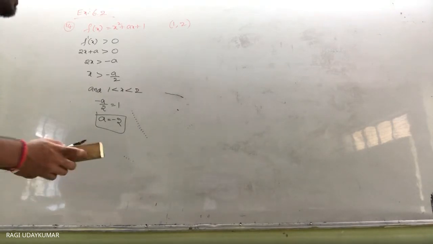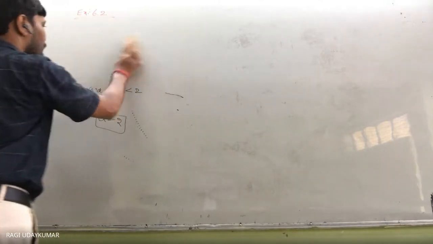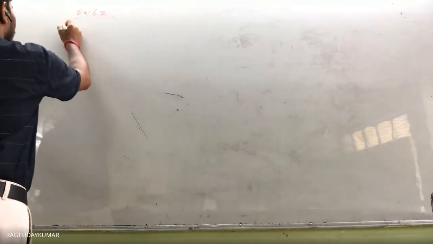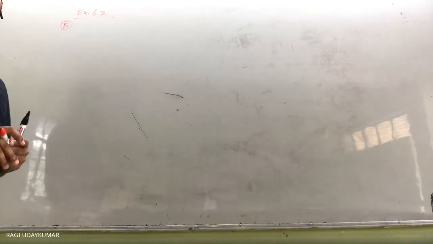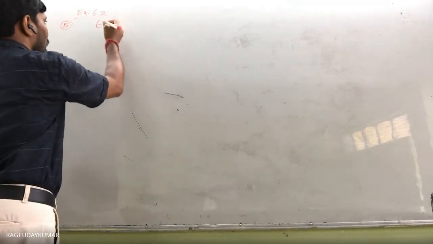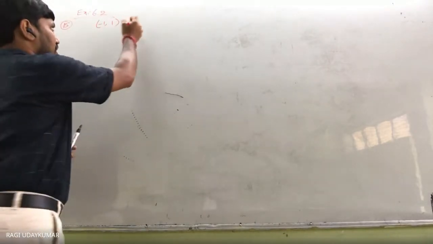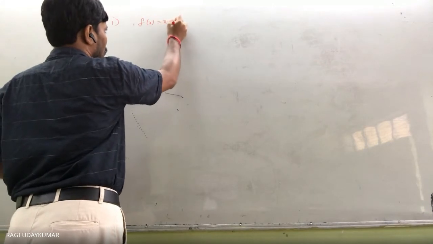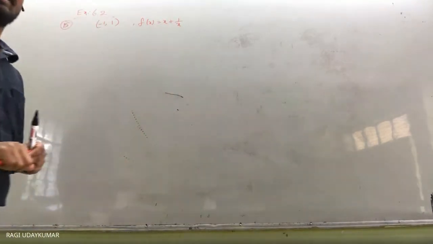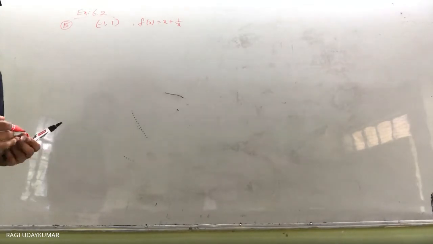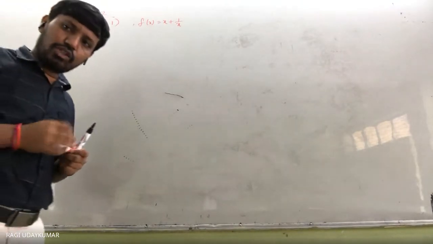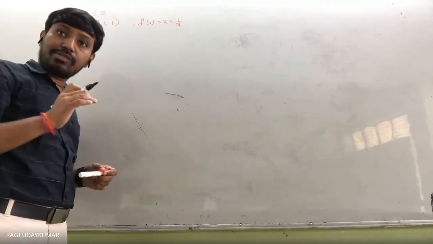Okay. So coming to the 15th problem next. Fifteenth one. Let I be any interval disjoint from minus 1 to 1, meaning except minus 1 to 1. Prove that the function given by f of x is equal to x plus 1 by x is strictly increasing in I. I is what? An interval disjoint to the minus 1 to 1.